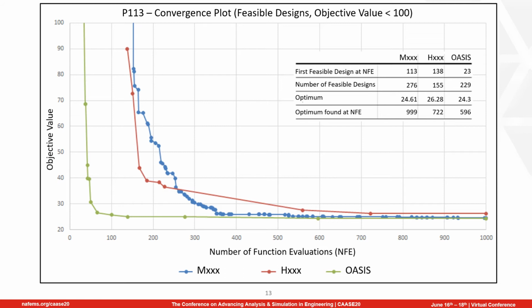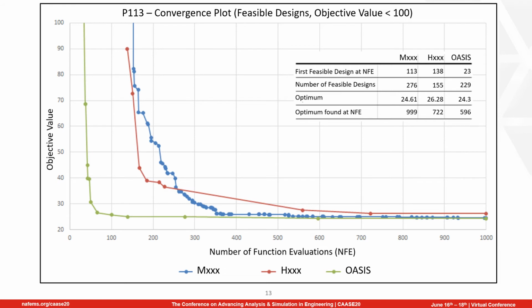And this plot is only showing the feasible designs with the objective value less than 100. The x-axis is the number of function evaluations and the y-axis is the objective value. And we have some metrics to be able to understand the performance and effectiveness of those